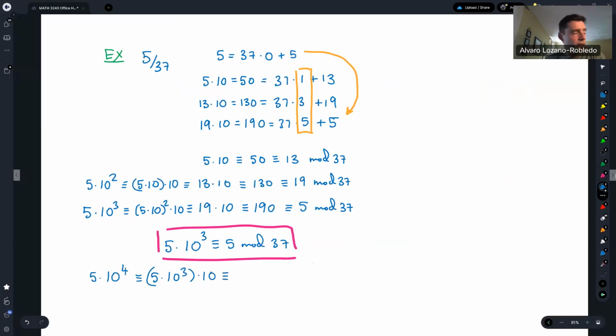But 5 times 10 cubed is something that we've calculated. That is 5, so this is 5 times 10, and that is 13 modulo 37. So now we see that the repetition has started, because now it's 13, 19, 5, 13, 19, 5, 13, 19, 5. This is what implies that there will be a repetition, and the repetition tells me that the length of the period